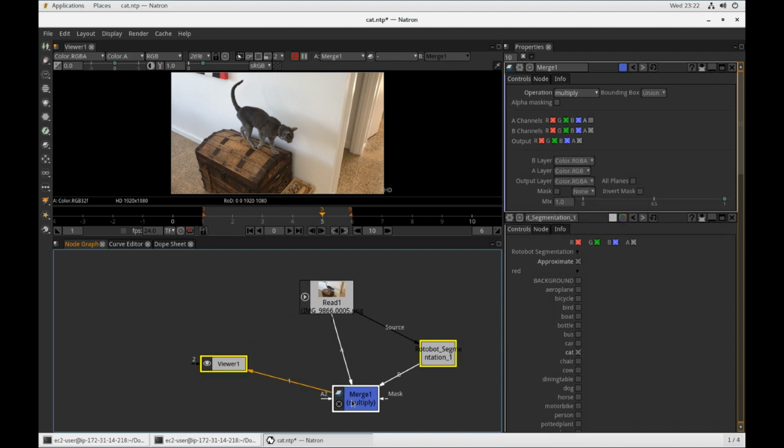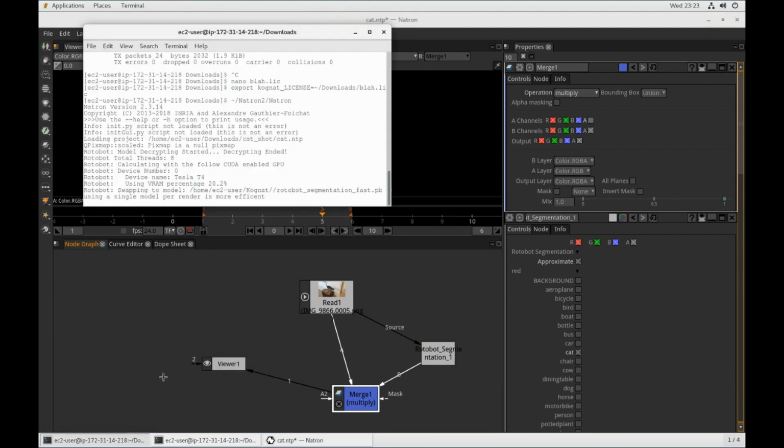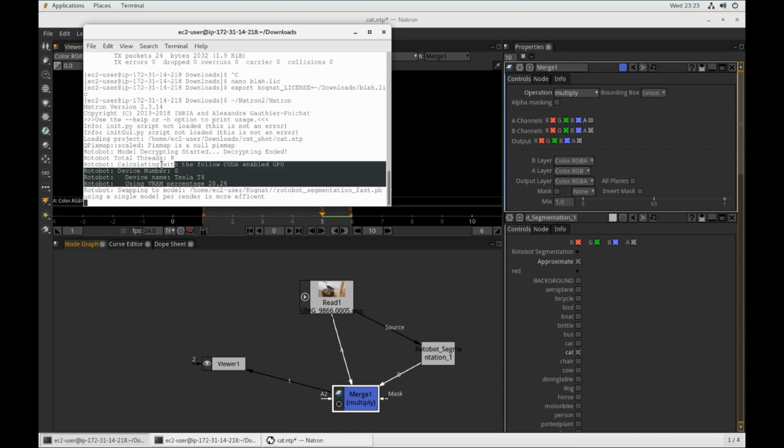So this is going to take about 5 minutes until we get the first frame, and then the other frames are going to come out a lot quicker than that. So what I've got here, I'll just explain what the environment is. We've got the Tesla card calculating on 8 threads, and